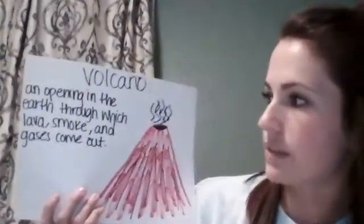Okay, and then we'll also need to write the definition for the volcano. Since we already have it up here, you're going to write that on the very, very back. So you can kind of just flip the whole book up and write the volcano definition, which is an opening in the earth through which lava, smoke, and gases come out. So if everyone will go ahead and write that on the back. Okay, so on the very back you should have an opening in earth through which lava, smoke, and gases come out. On the canyon portion, when you flip it up, you should have a deep, narrow valley with steep, rough sides